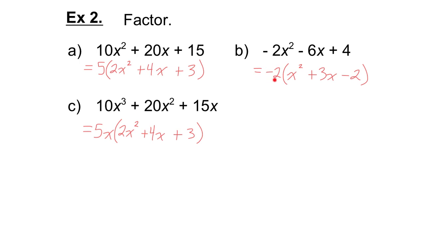Now, the reason I put a negative 2 as the greatest common factor is that I don't like having negative x squared in the brackets. That will make more sense once we do the next lesson, but for now, just get in the habit of not having a negative x squared in your brackets. This one here might have given you trouble. Notice that each term has x, which means x is part of the greatest common factor. So it's just like the question above it, except that each term has an x as well, so 5x is